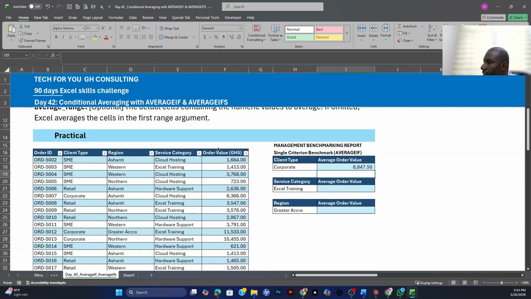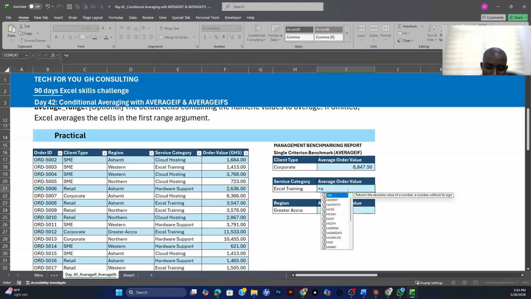So when you click enter, it tells you that the average order value for corporate clients for the data under review is 8,847.50 pesos. So we can do the same thing for service as well. And we are using the function AVERAGEIF. So equal to AVERAGEIF